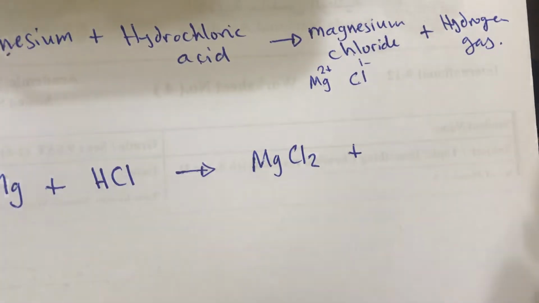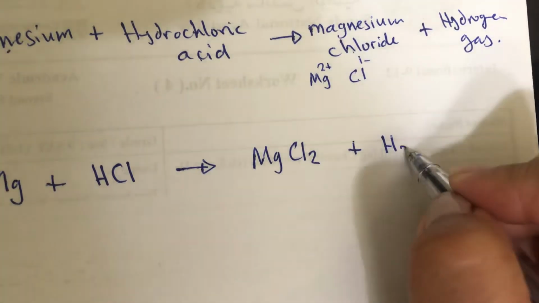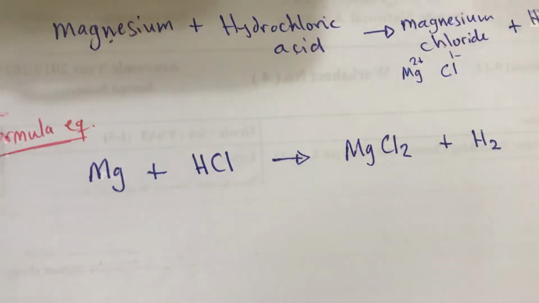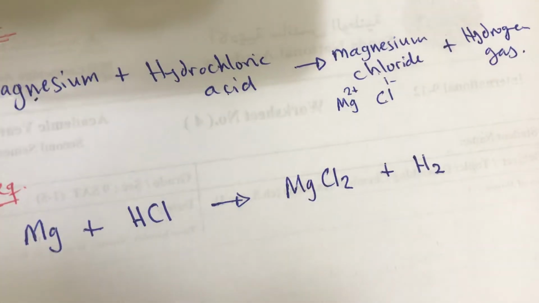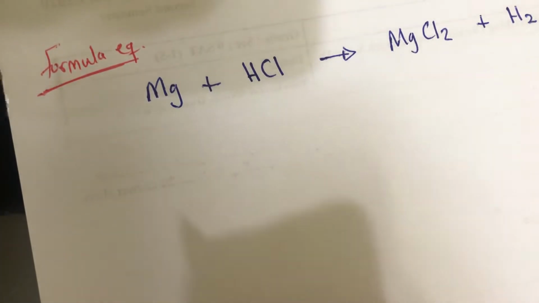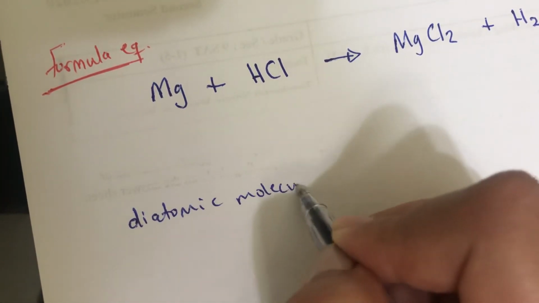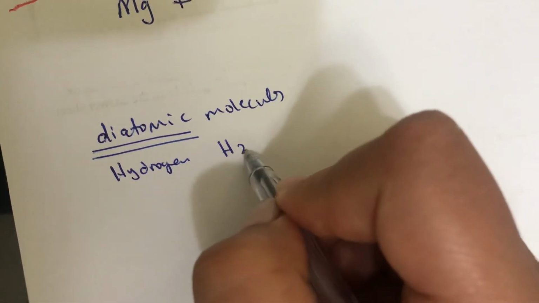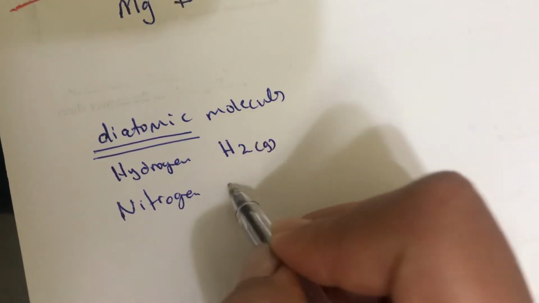What is the formula for hydrogen gas? It's hydrogen? No. Hydrogen gas is a diatomic molecule, H2. So you have to know that some elements exist as diatomic molecules, like hydrogen, H2, state is gas, nitrogen, N2,